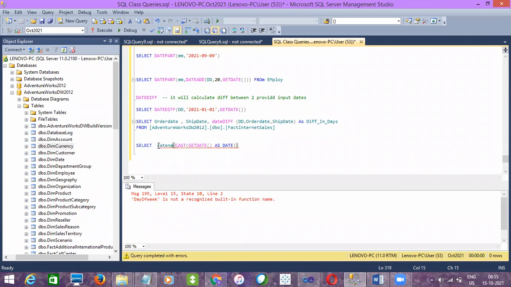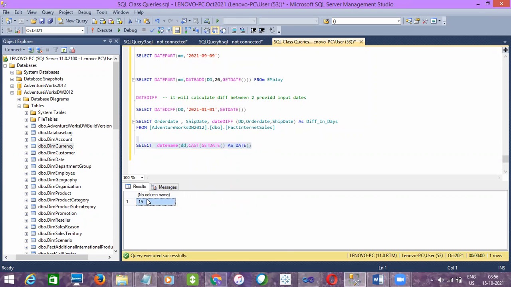Did I use date name or day name? I used date name earlier, right? So it is fetching the day name only, I think.